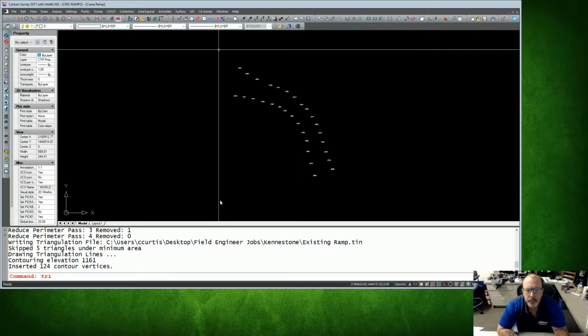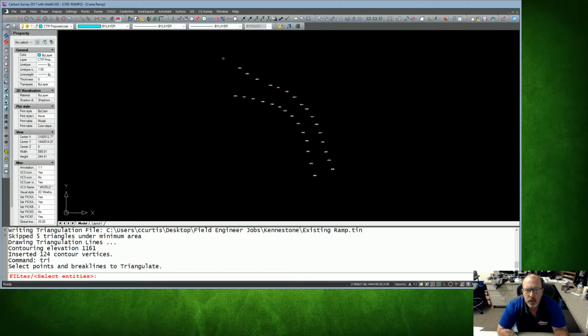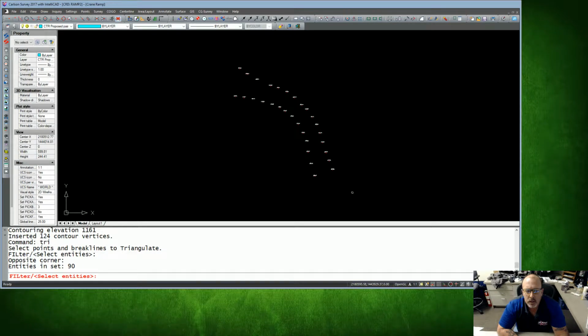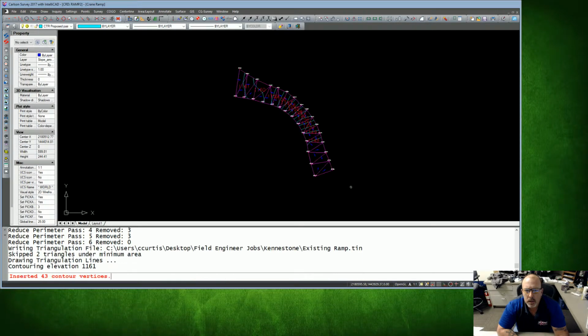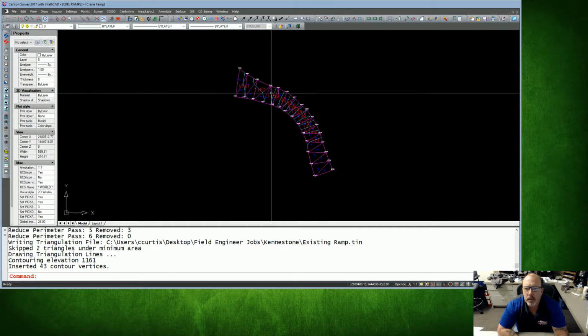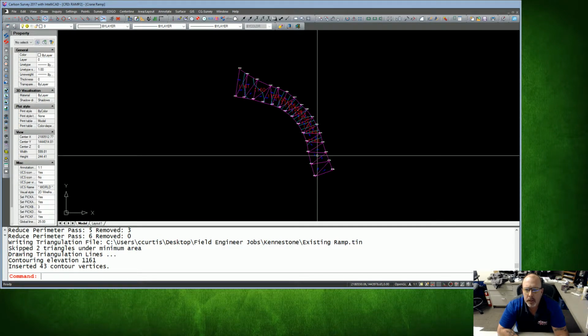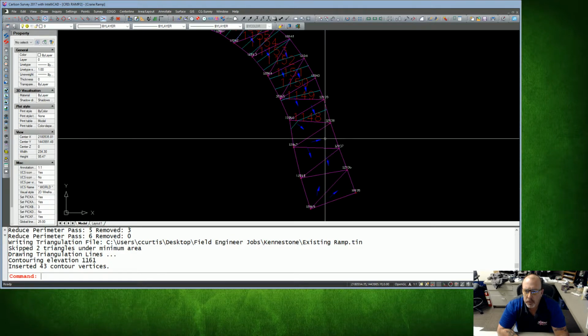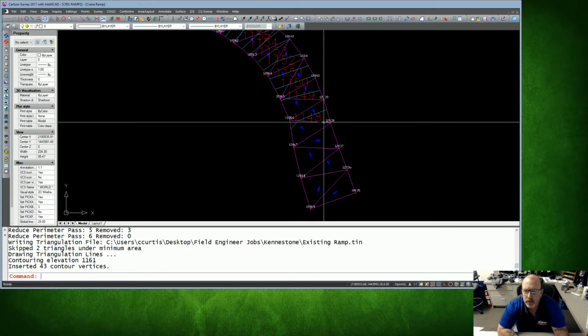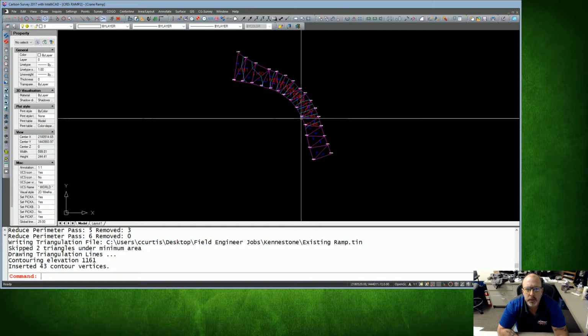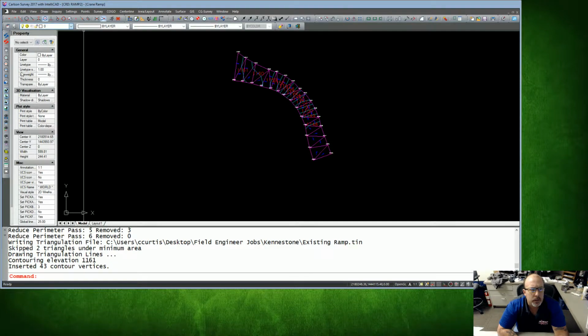Try medium. There we go. Okay, so there's the existing ramp. Now it doesn't look like it starts sloping up till about here. So what we're going to do is